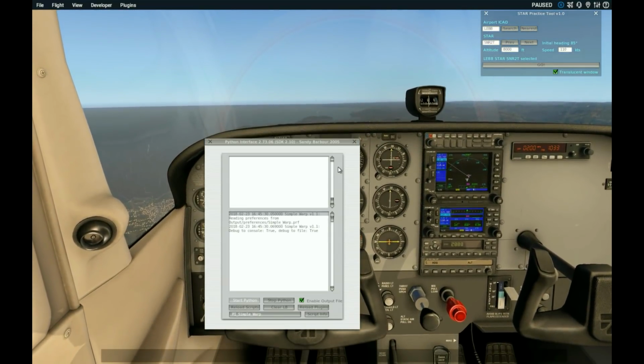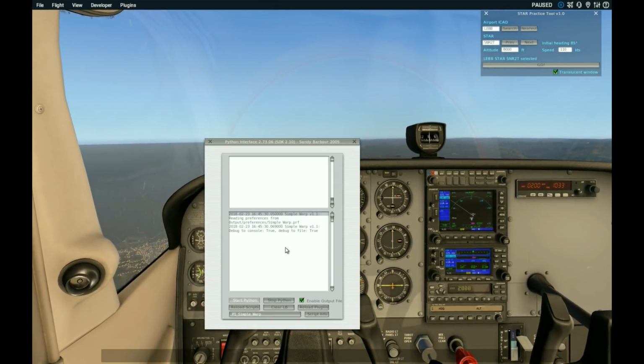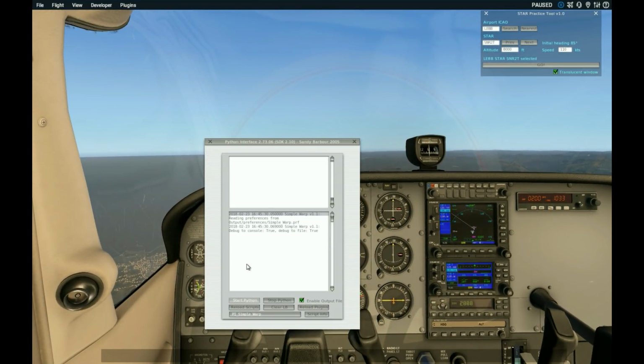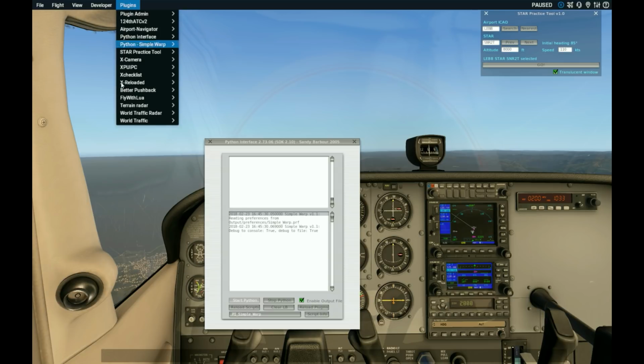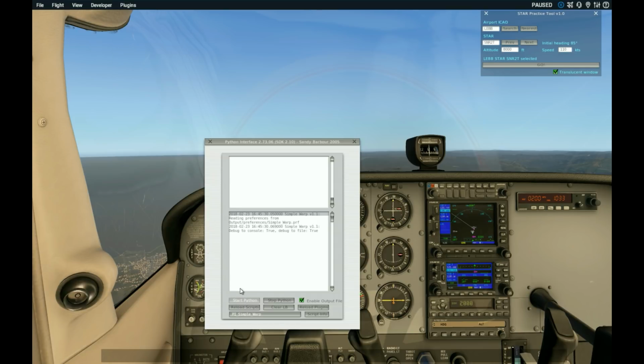If you have any issue with the plugin, this should be the first place that you look for a solution. But the most interesting thing here is the reload scripts button. If for any reason the plugin stops working, you can just click on reload scripts and try again. Please do not confuse it with reload plugins, which reloads all of the plugins that you have installed in X-Plane and not just the Python ones. So it takes much longer. In fact, reload scripts is immediate. So let's try it now.